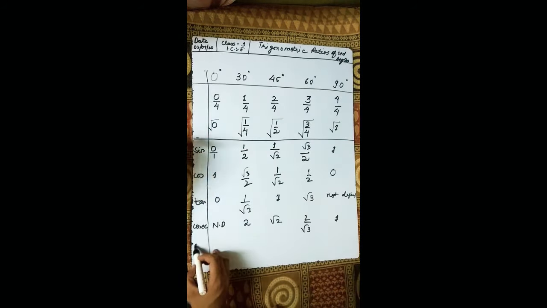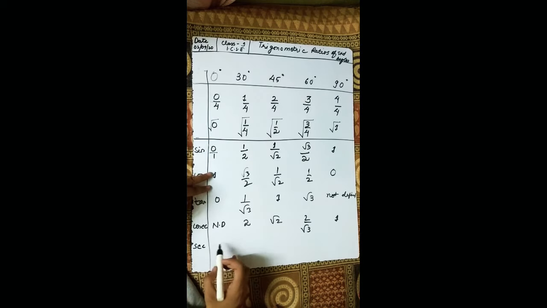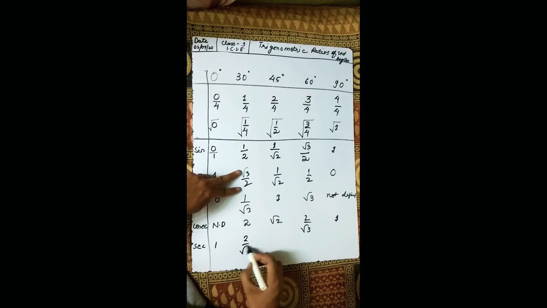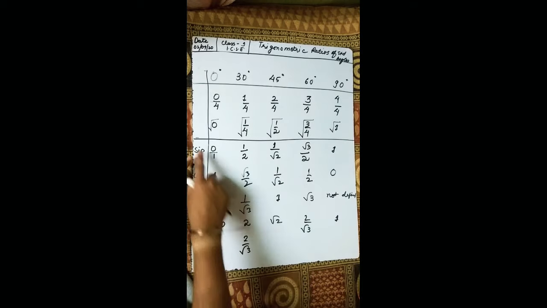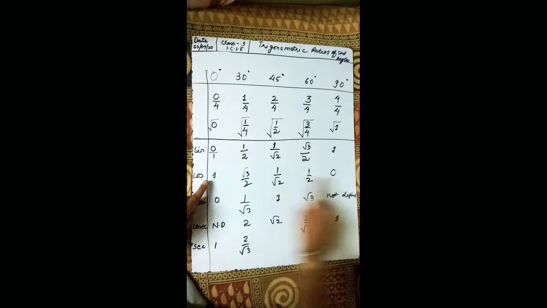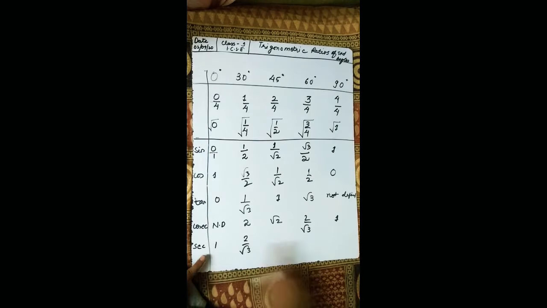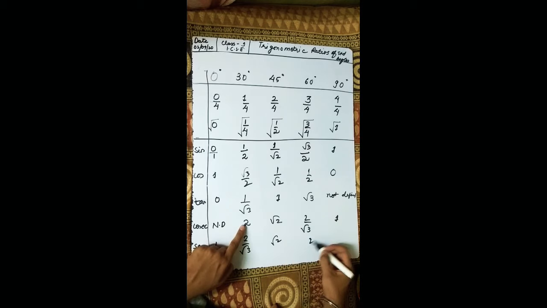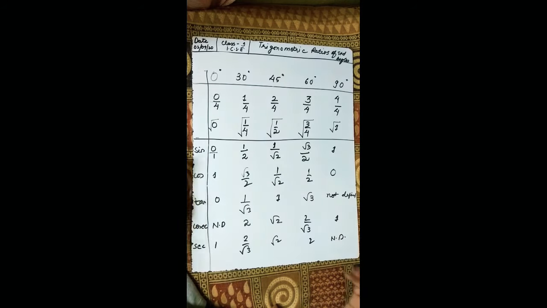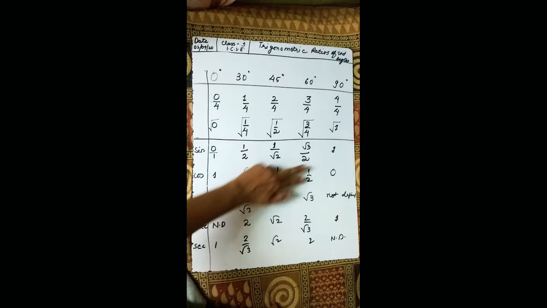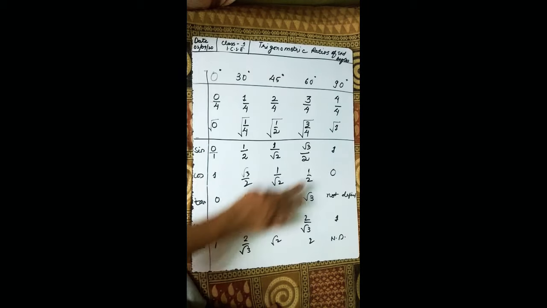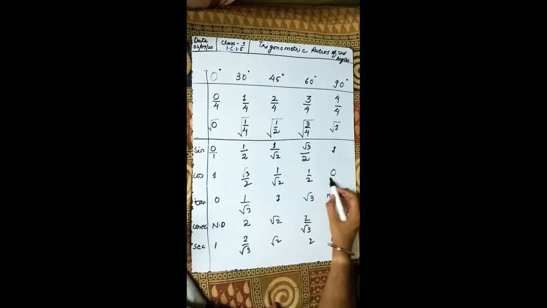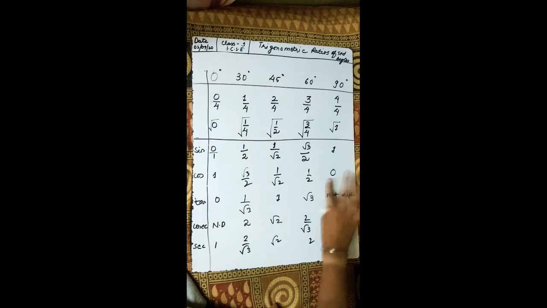Now here, for sec, you take the reciprocal of cos, so it will be 1 upon 1, so 1. It will be 2 upon root 3. Or just understand one thing, as the sine values you have written in the reverse order, so for cosec you write in the reverse. 1, then 2 upon root 3, then root 2, 2 and so on. And you can verify also, just take the reciprocal, you will get this only. Reciprocal of this is 2, reciprocal of this is under root 2. This is 2 and 0. 0 by 1 is again not defined.